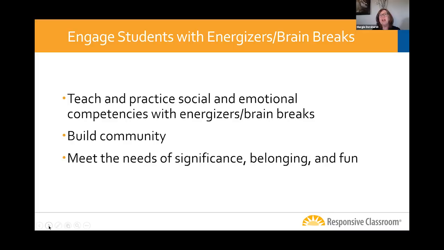So as we start having times where it's like, whew, we've been working really hard, we're just going to take a breather. Some of the energizers might just be some of those calming activities we do, some deep breathing that we've been practicing. And again, when we all teach it, then when a student who maybe needs to do some deep breathing,